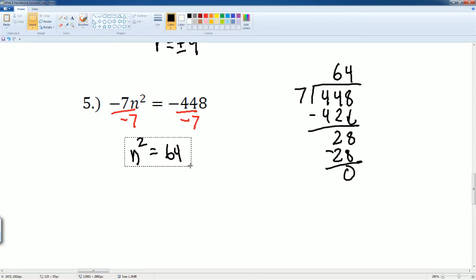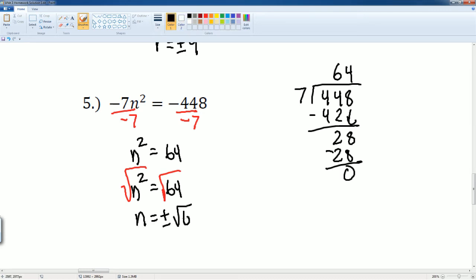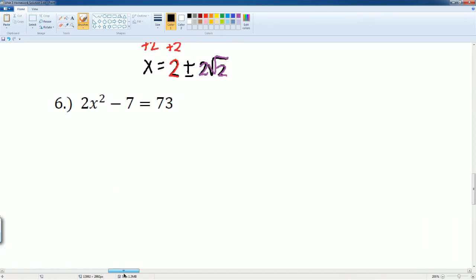Okay, let me copy this because now we want to square root it. So we're going to square root both sides. This gets us n is equal to plus and minus square root 64. Can we break down 64? Yeah, that should be plus and minus 8. Your two solutions are plus 8 and the second solution is minus 8. Okay, let's look at